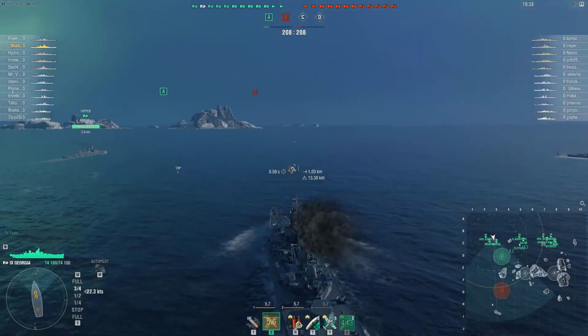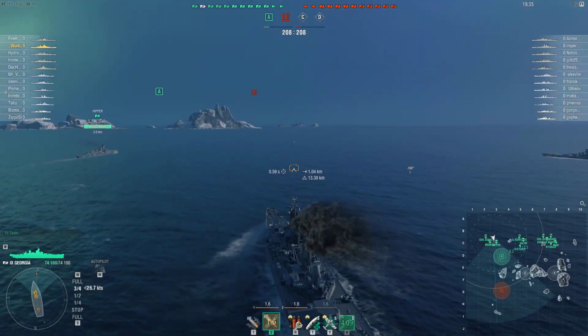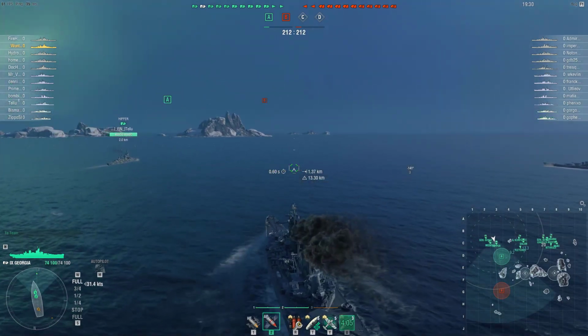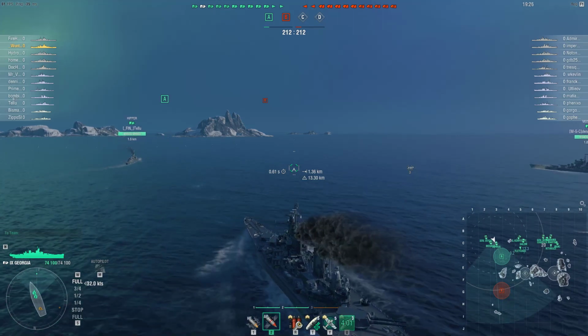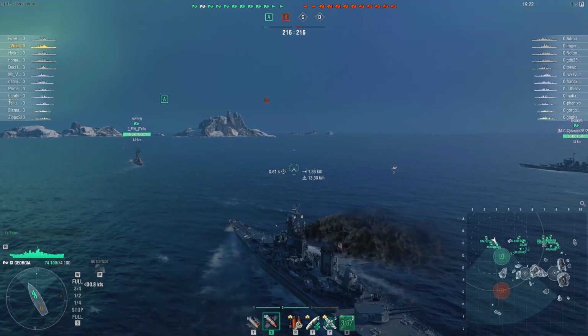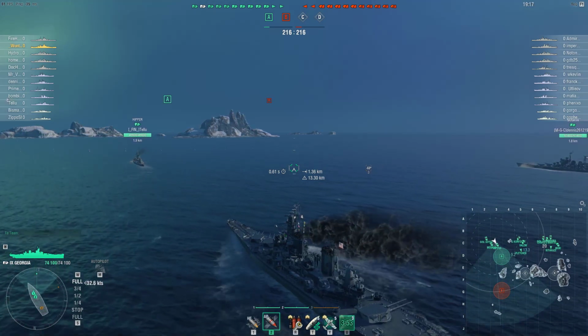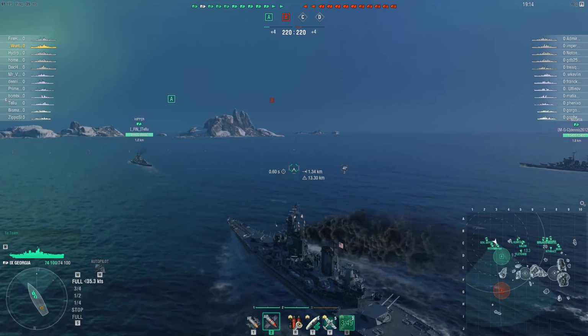The reason I want to put this video out, guys, is because the ranked spring will soon start, and there will be tier 9 battles and tier 9 ships. In my honest opinion, USS Georgia is by far the best tier 9 battleship in this game. You may argue that Musashi is somehow better because of the bigger caliber of guns and a bigger HP pool, but